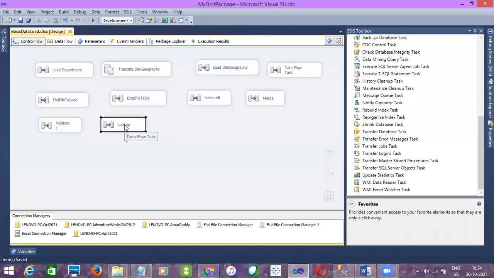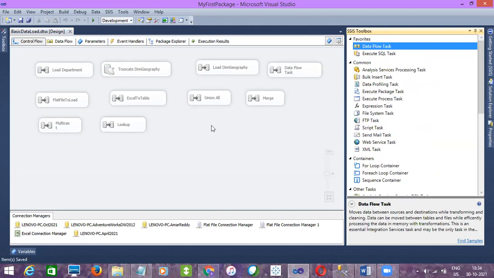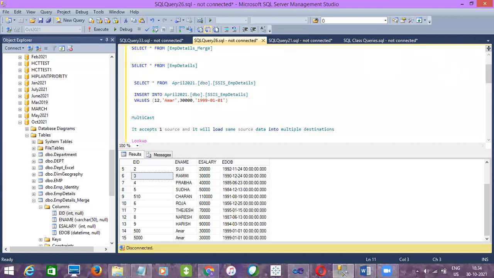So yesterday we had discussed lookup, multicast, and then merge, right? So today let's discuss conditional split. Okay. So conditional split is nothing but